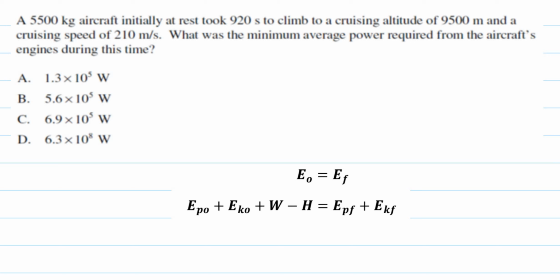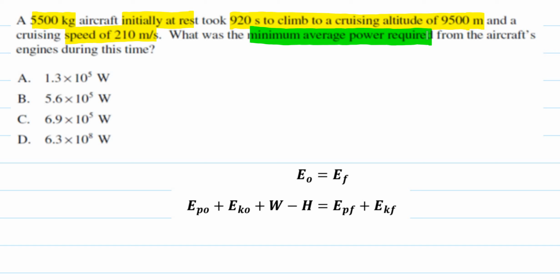Let's look at another variation of one of these word problems. For this problem, we now have a 5,500 kilogram aircraft initially at rest, and it takes 920 seconds to climb to a cruising altitude of 9,500 meters. It reaches a speed of 210 meters per second, and we want to find the minimum average power required from the aircraft's engines during this time. Let's collect some information again, just like the previous problem. So this mass is going to be